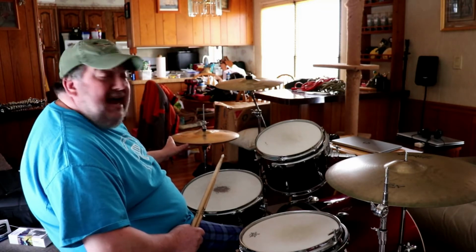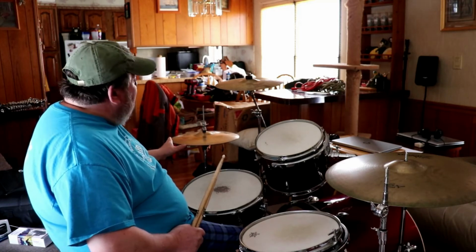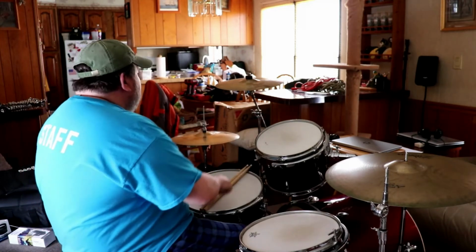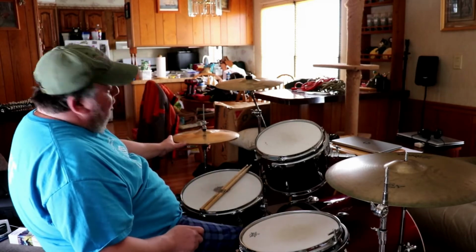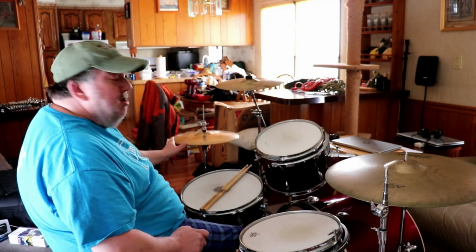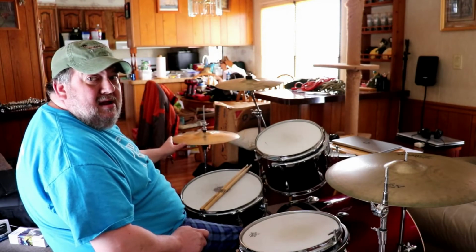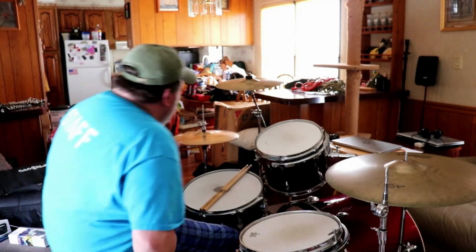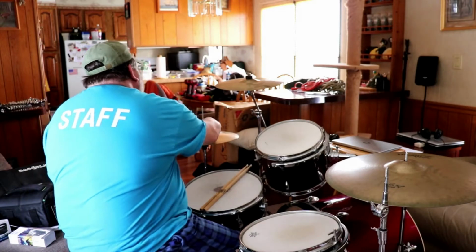Now your hi-hat is actually two cymbals. One is kind of upside down, and the hi-hat stand that they're on is made so you can open and close those two cymbals. So you can actually just play them with your foot. Much like the bass drum pedal, you have another pedal. I don't think you guys can see the pedal down there, but